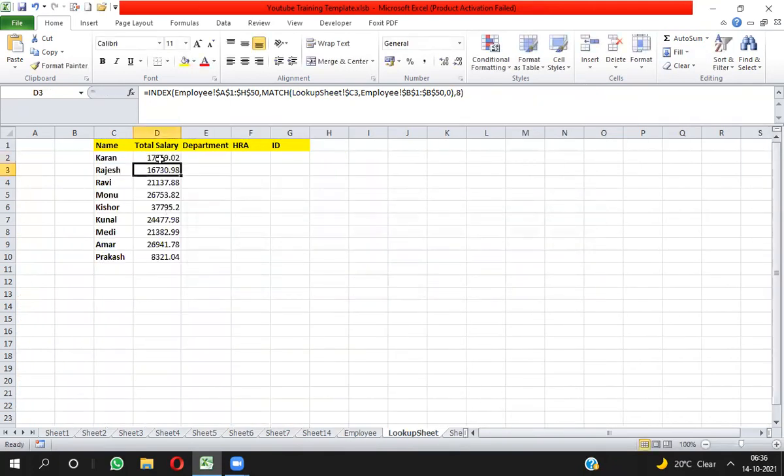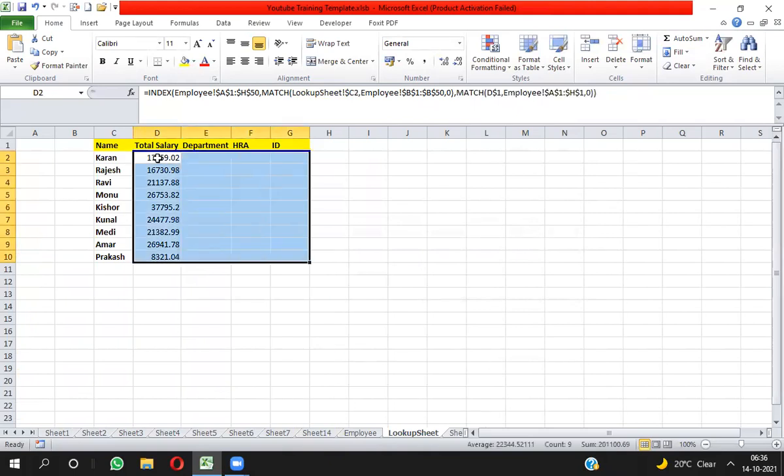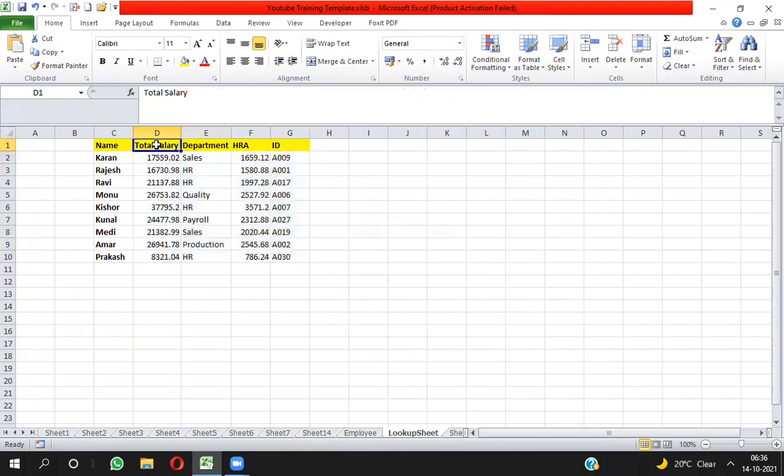Now you are getting dynamic data. So Ctrl+R, Ctrl+D. You can see that as per the header you are getting data. If I type department here, then you will get the department. So this is dynamic.